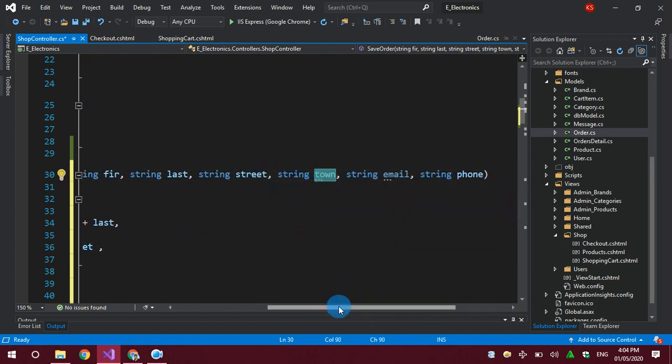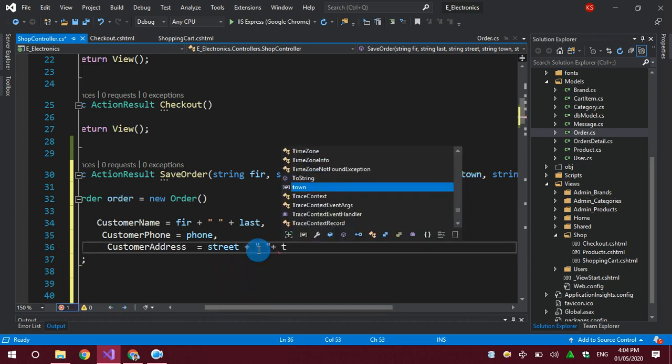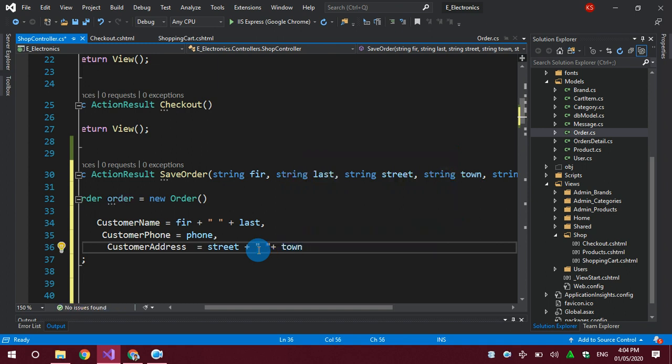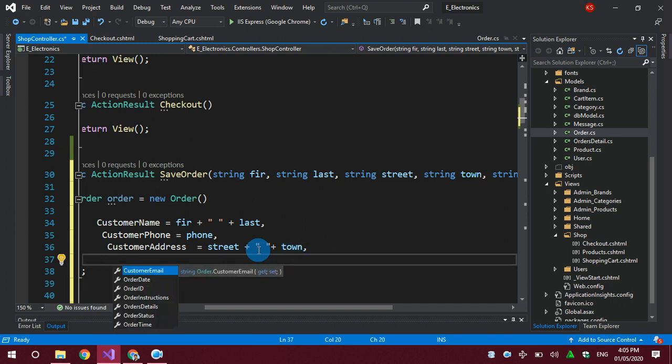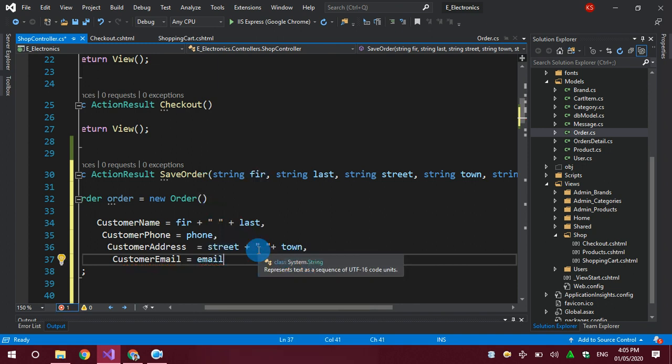Both should be concatenated into one. Okay, street plus a simple space and concatenate with the town. Street plus town will be one value. Now the customer has the customer email, so I will assign the email variable to this email.